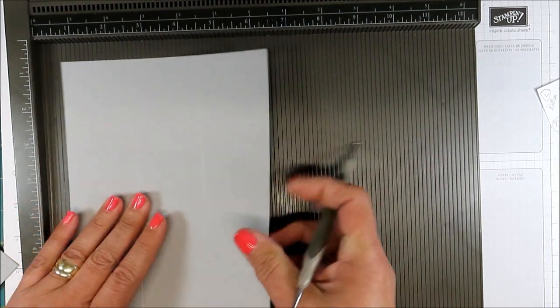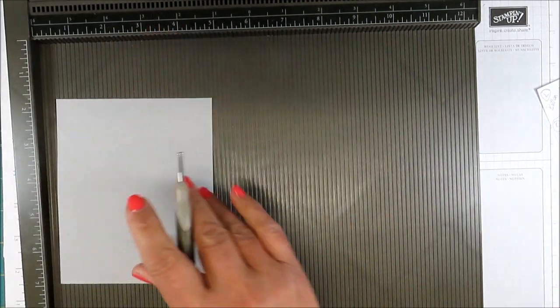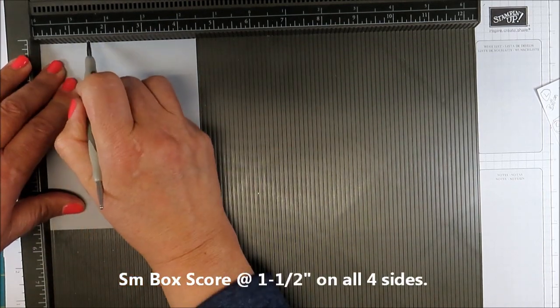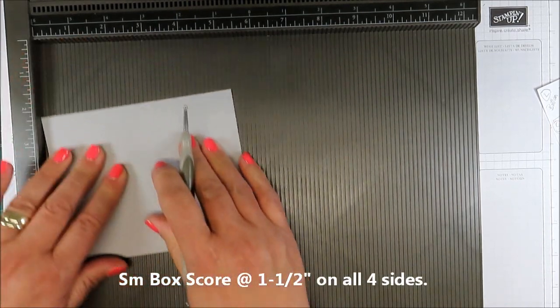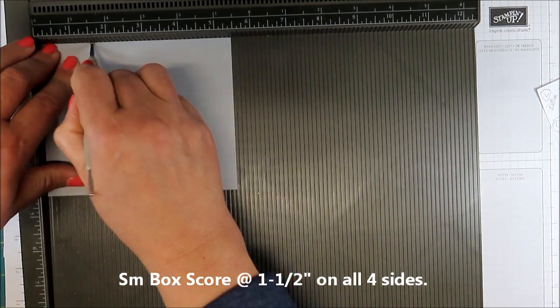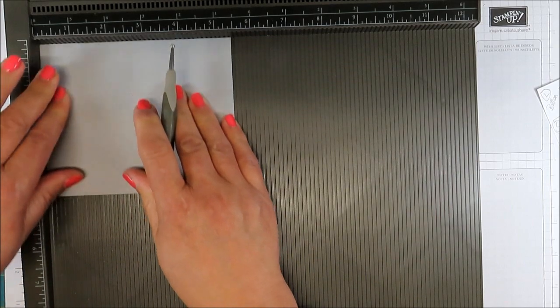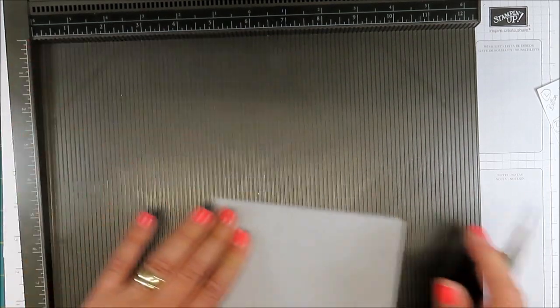Okay, so we've got 2 inches all around with the big cardstock, and on the smaller box we're going to go 1.5 inches all the way around, because that box is 1.5 inches tall. Okay, and now for the